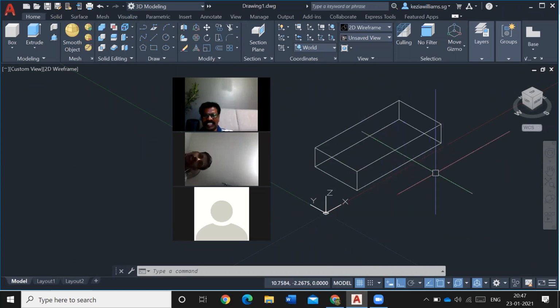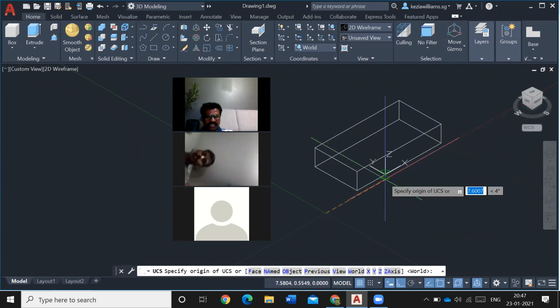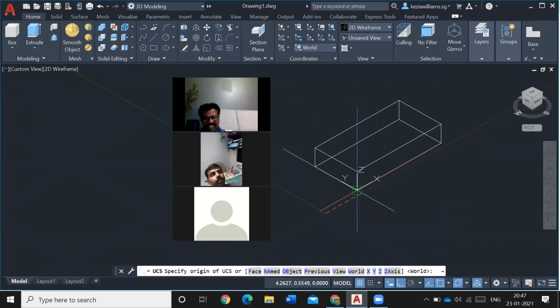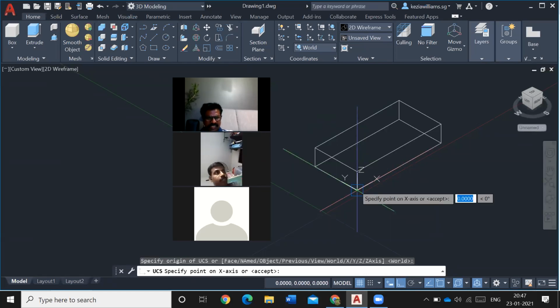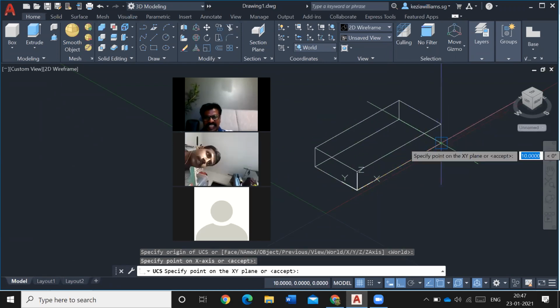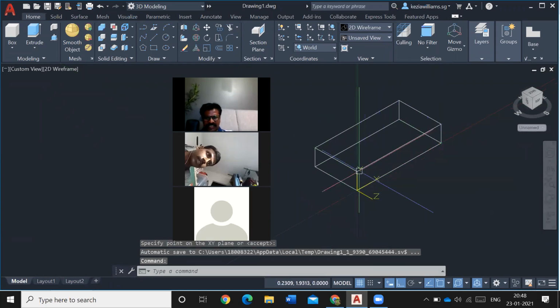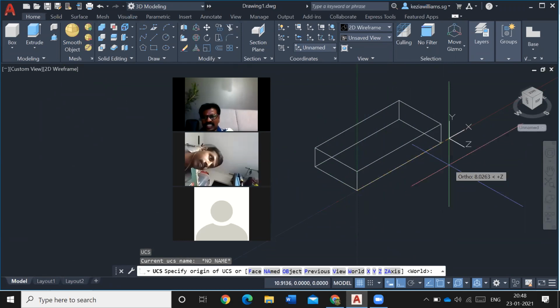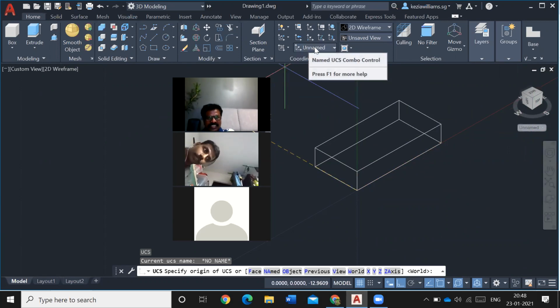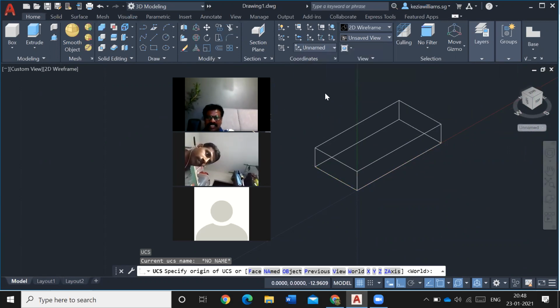So you see now I'm going to change to User Coordinate. You see new UCS, right? So I'm changing the position. Now I'm going to select this position, or maybe I select here at this corner. See, I selected here. Now it's asking for the X position. So this is X. Okay, and then a point on Y. I select this one. Okay, now you see this changes to unnamed. Can you see here? It changes to unnamed, right? What is the meaning of unnamed? See here also changes to unnamed. I cannot say this now. Okay, later I'll tell you.